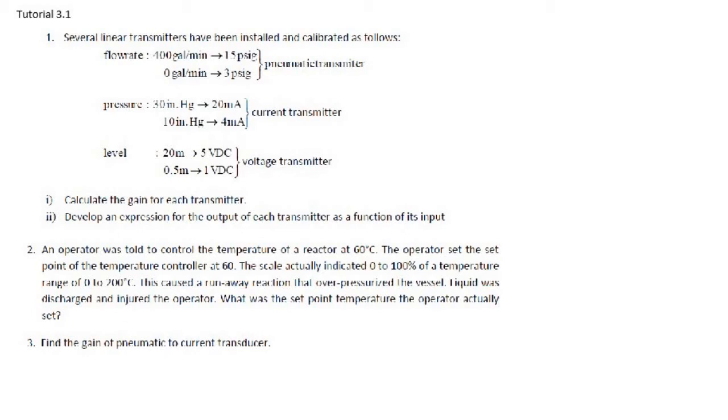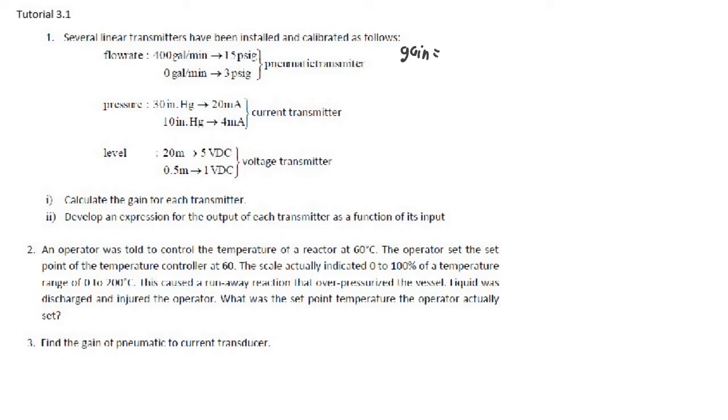Okay, so the first question is about several linear transmitters that have been installed and calibrated. We have flow rate, pressure and level. What we need to do is calculate the gain for each transmitter and also develop an expression. Given here is a pneumatic signal transmitter for the flow rate, a current transmitter for the pressure, and a voltage transmitter for the level. For the pneumatic transmitter, basically we can calculate the gain